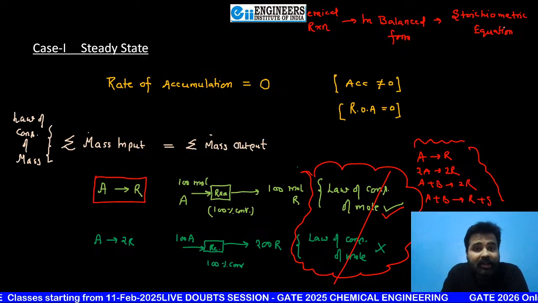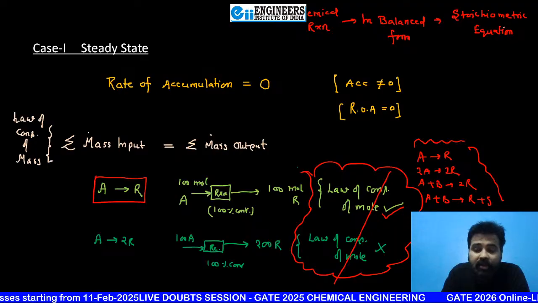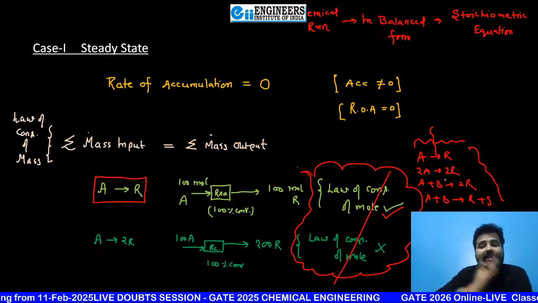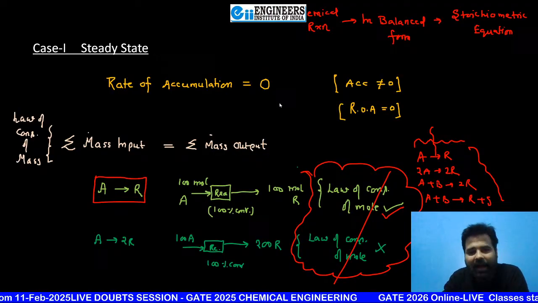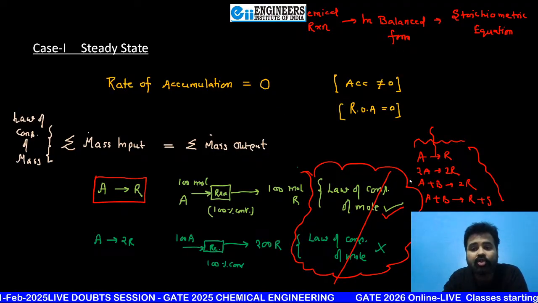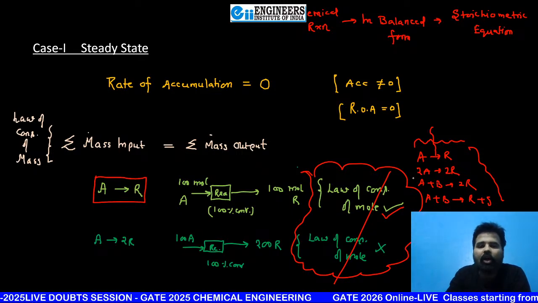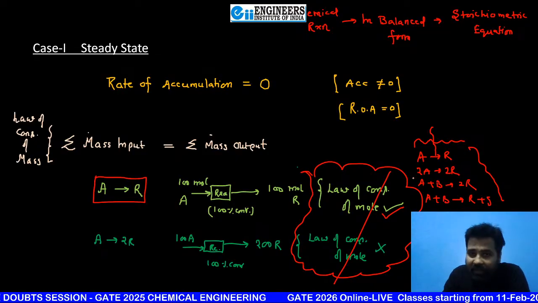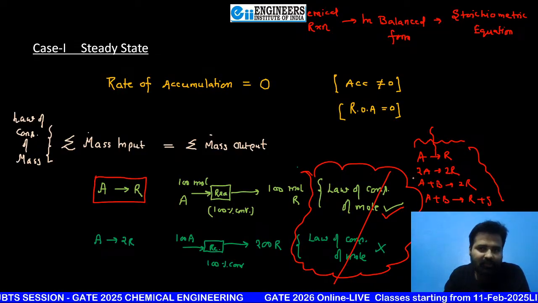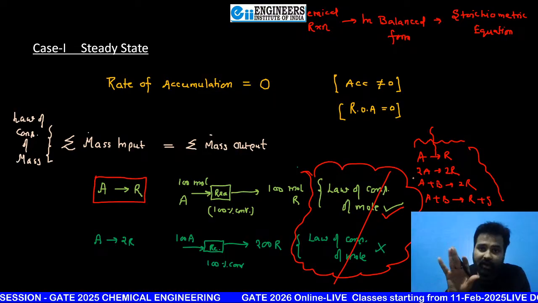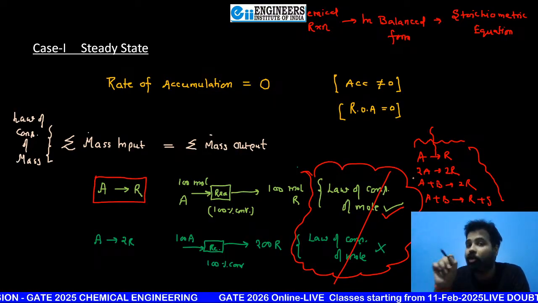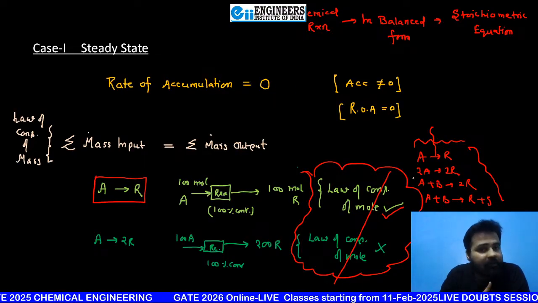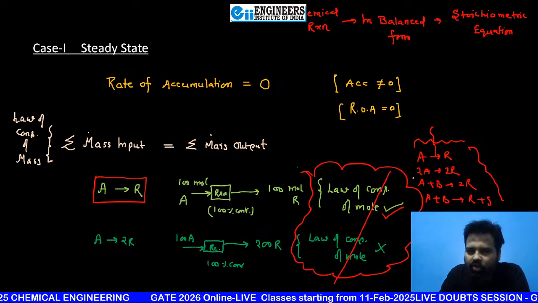Whenever you are writing any stoichiometric equation, if the reactant side moles are the same as the product side number of moles, then you can apply the law of conservation of moles in a similar manner as the law of conservation of mass. But sometimes you can apply it and sometimes you can't, so you can't write in your books that the law of conservation of moles is always valid. You can use it in a similar manner where there is no chemical reaction, no need to worry.